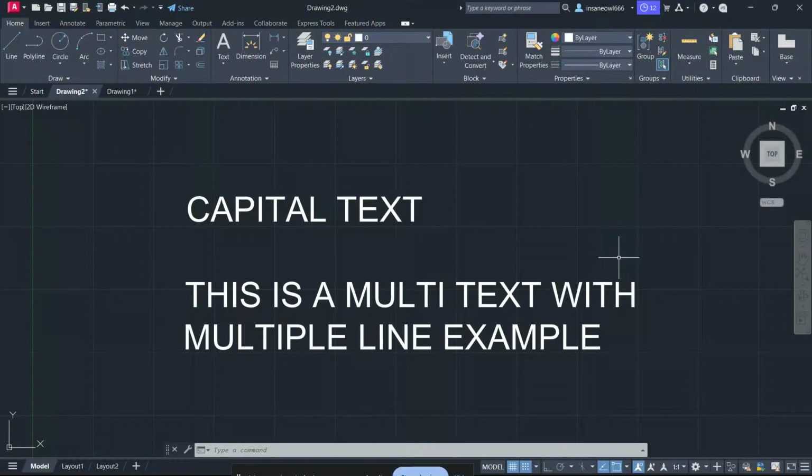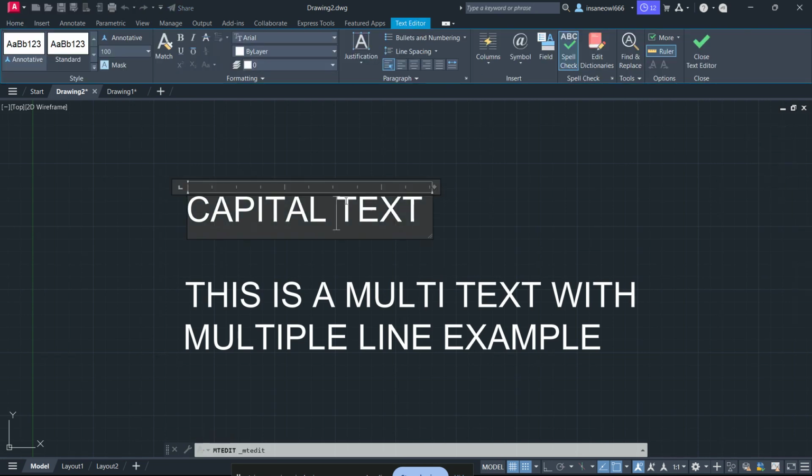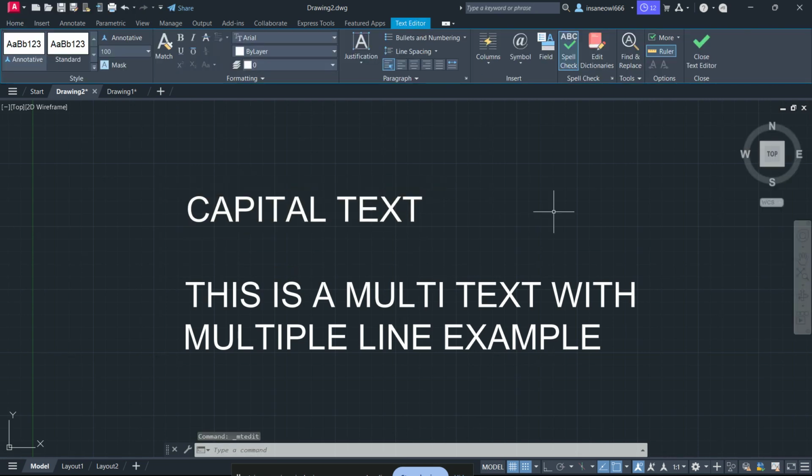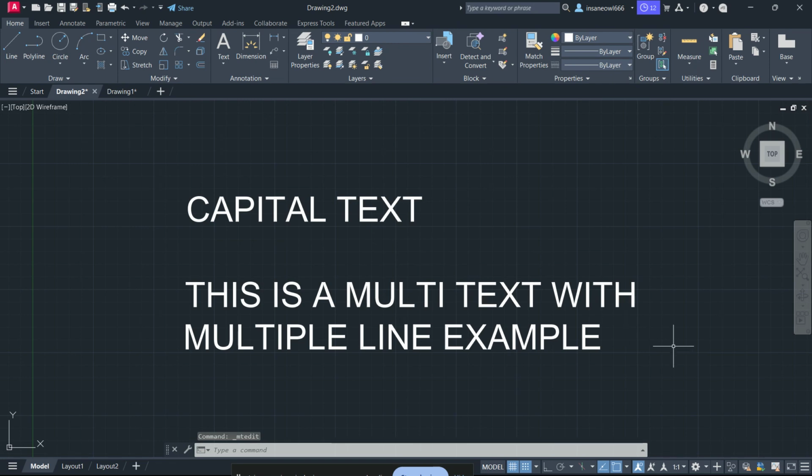If you've ever needed to break text apart in AutoCAD, whether it's regular single-line text or MText, this video is going to help you do it quickly and correctly. In the next few minutes, I'll show you how to explode text and MText in AutoCAD step by step so you can turn editable text into separate objects when your workflow requires it. This is especially useful when you need to modify text as geometry, work with imported drawings, or prepare content for